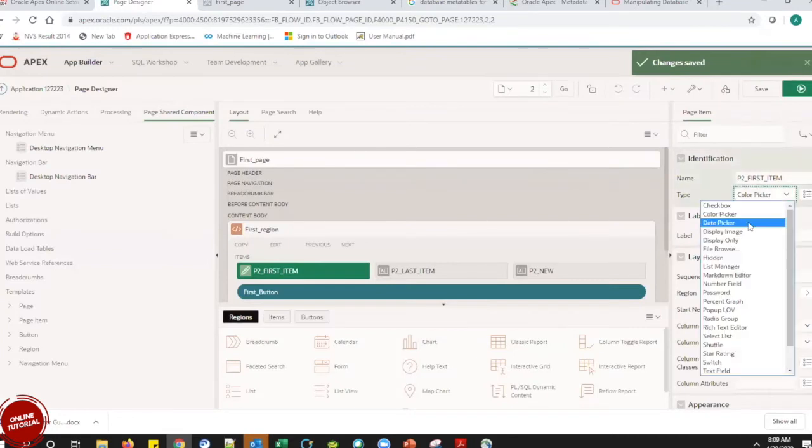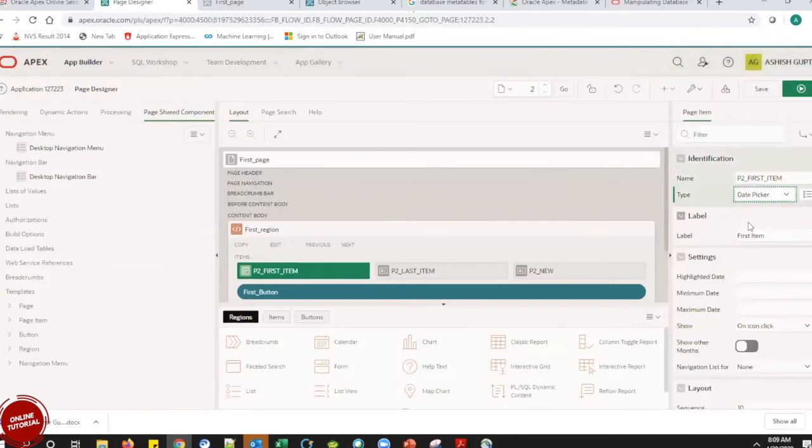Then next we have a date picker. When we are creating any form or page with a form, and we need to keep a date field, then we will go for this date picker.